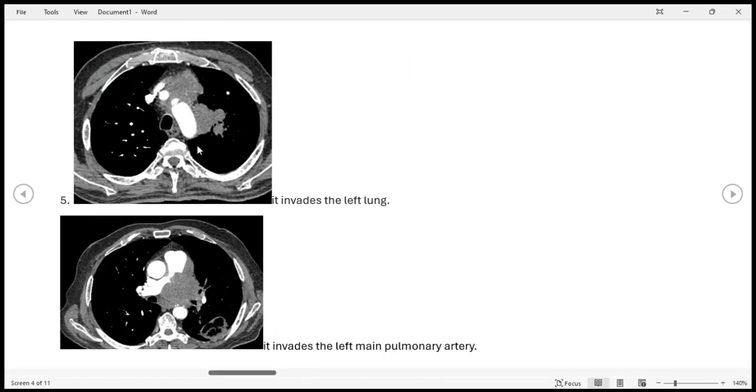And lymphoma sometimes shows invasive criteria like invasion of the lung, as you can see here, invasion of the main blood